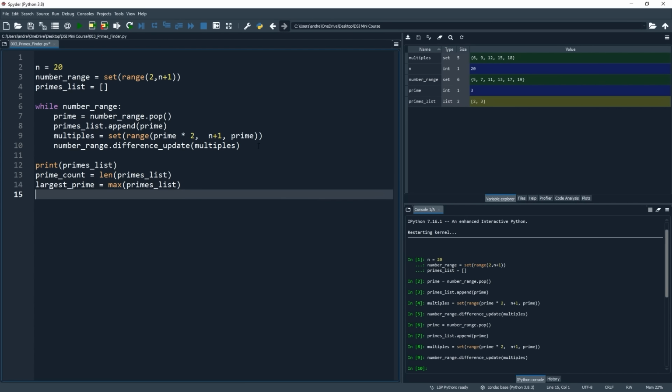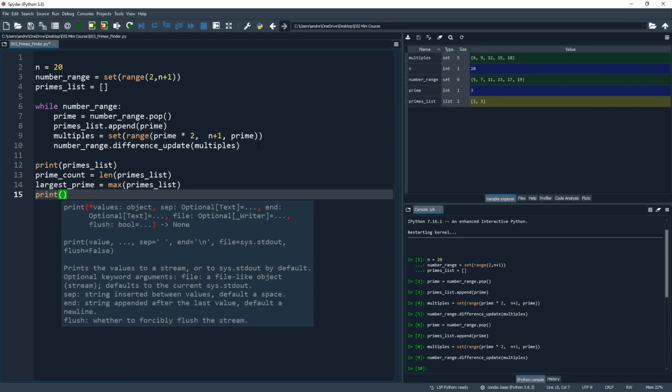Finally, let's print out all of this information using something called an F string, which means that we can print out text but dynamically include data from variables or objects that we have created. So to do this, we put print and then parentheses, and then we are going to put the letter F and then quotation marks. Then within those quotation marks, we will put there are, and then space, and then curly braces. And within this set of curly braces, we're going to put in the prime count variable.